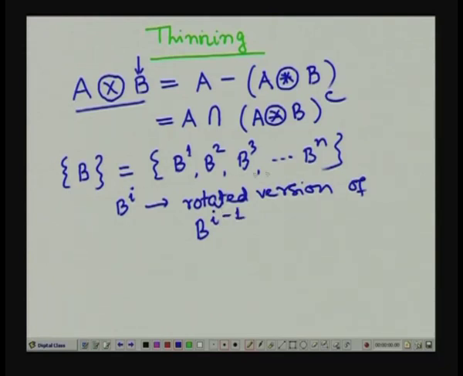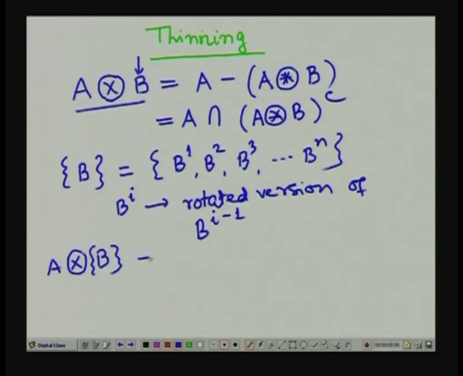Then given this set of structuring elements B1 to Bn, the thinning of a given set A with the structuring element B, in this case a set of structuring elements,